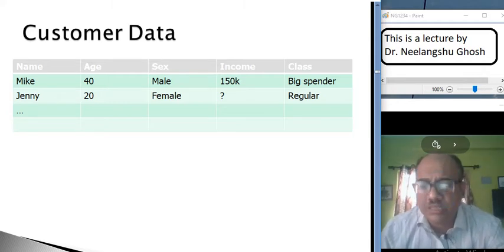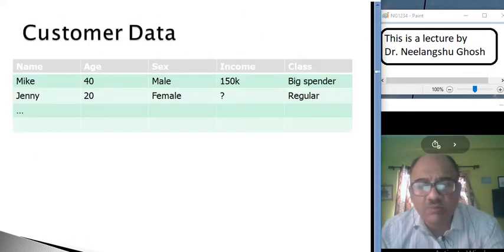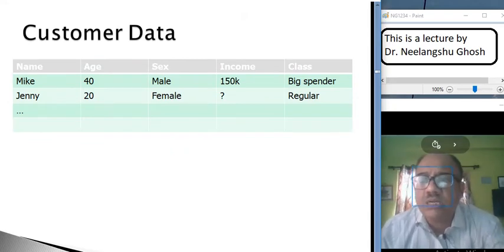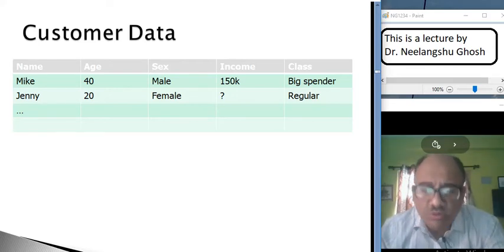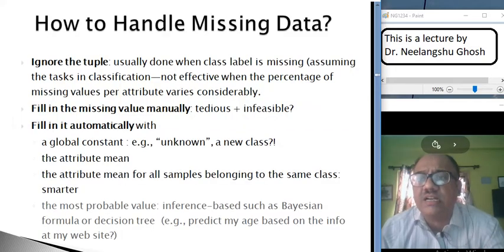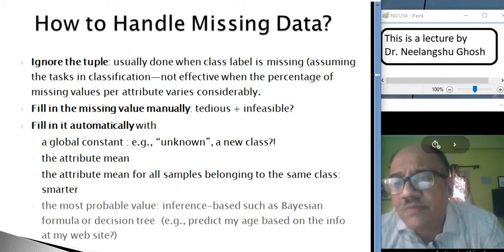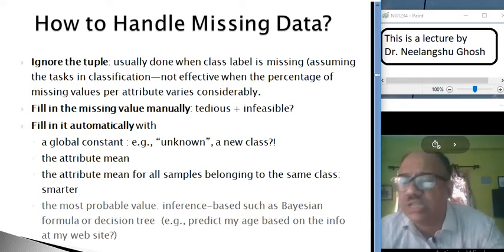So if income is not given for Jenny, either you have to remove Jenny's data or some value has to be put. So how to handle that missing data? One way of handling the missing data is to ignore the tuple.